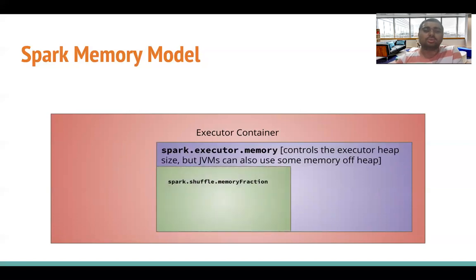One part is used to contain the data corresponding to shuffle or other intermediate output, and the other part is used to store the user defined data. When you say I want to cache an RDD, then it has to use the RAM allocated to the executor.